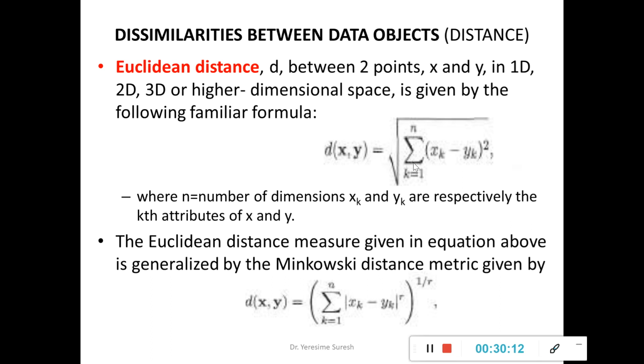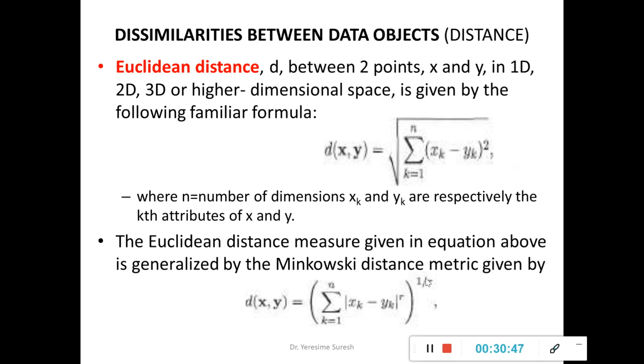I take the summation of the difference values between the data objects x and y. Say for example, if I have two data objects a and b with the coordinates x1, y1 and x2, y2, then the Euclidean distance is calculated as x1 minus x2 whole square plus y1 minus y2 whole square. If I take the square root of this, I'll get the Euclidean distance. Similarly, for the Minkowski distance, if I take the difference values, where 1 by r is the hop distance, the metric will be given to you.